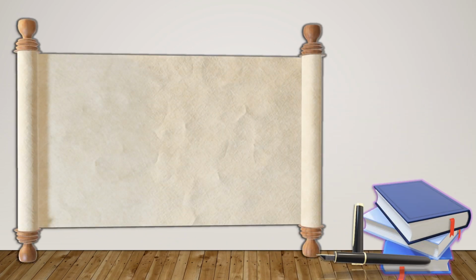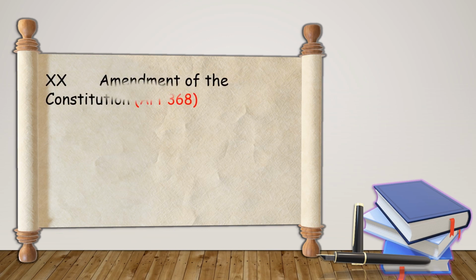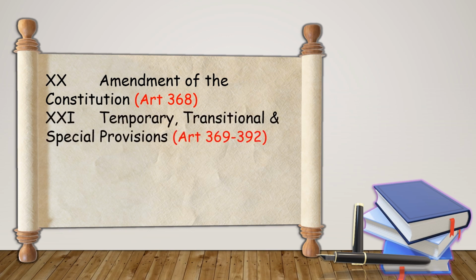Part 19, Miscellaneous, covered under Articles 361 to 367, includes various provisions and exceptions. Part 20 focuses on the amendment of the Constitution under Article 368, outlining the process and limitations of making changes to the Constitution. Part 21 addresses temporary, transitional, and special provisions under Articles 369 to 392, providing for these specific